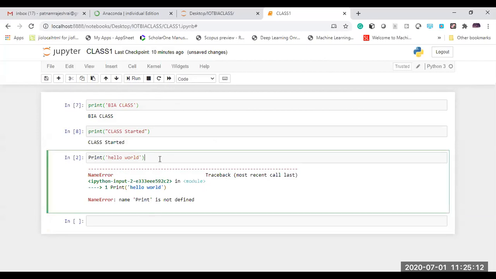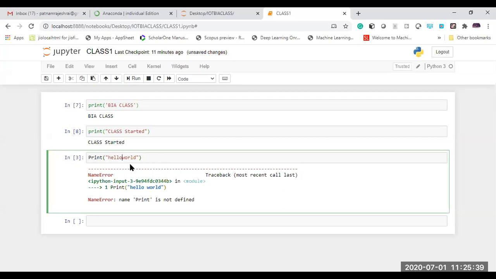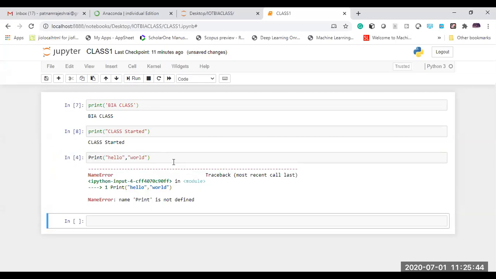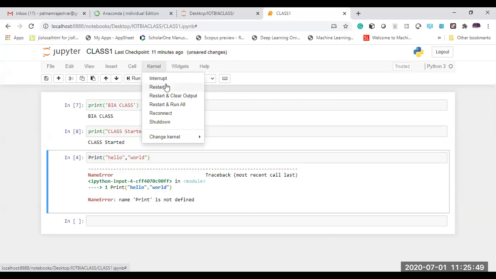I think there is some kernel error, kernel problem. One second.